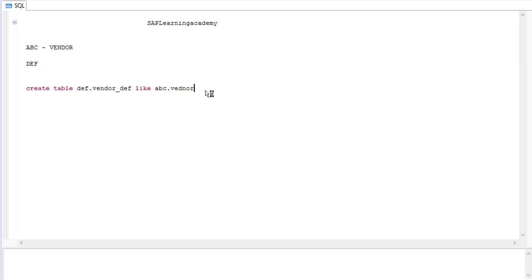There are also options for import, and by importing you can also create or transfer the data, but using this statement, this like operator, you can create the structure in SQL.